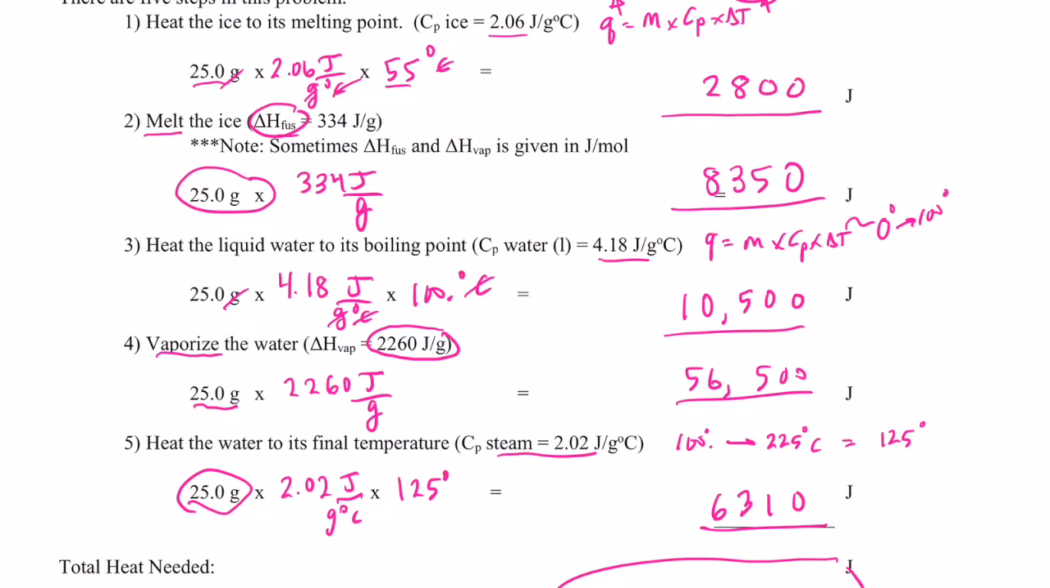So when I add these up, I have to look at my least accurate value, and it looks like it's in the tens position here. So I'm going to round this off to the tens. So I have 2,800 plus 8,350